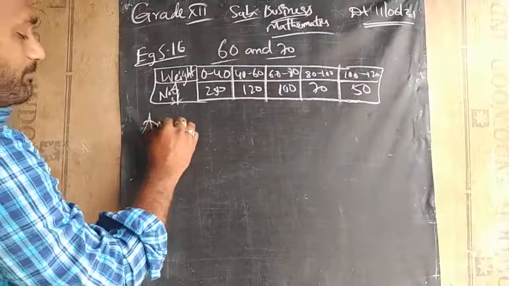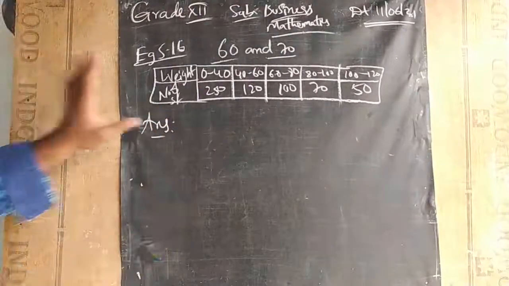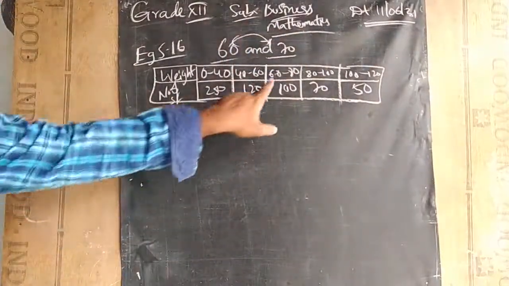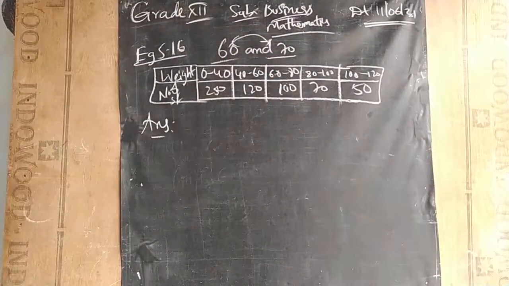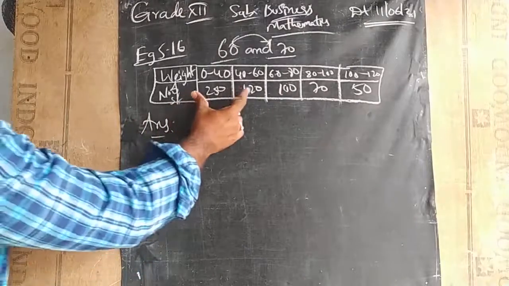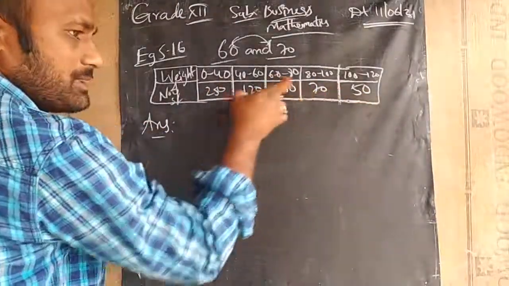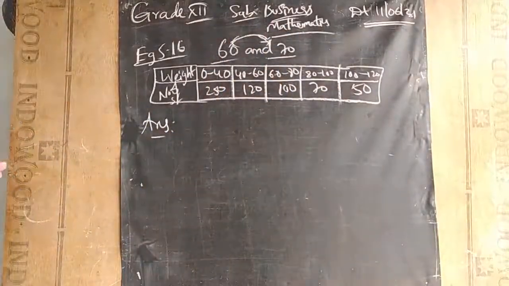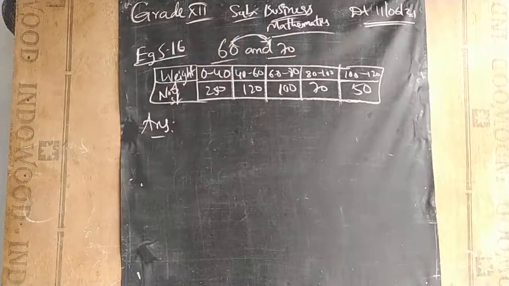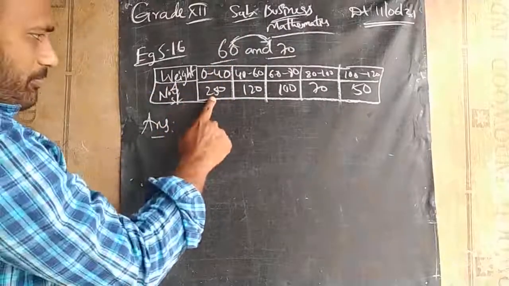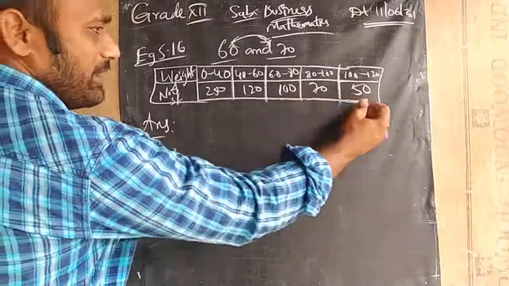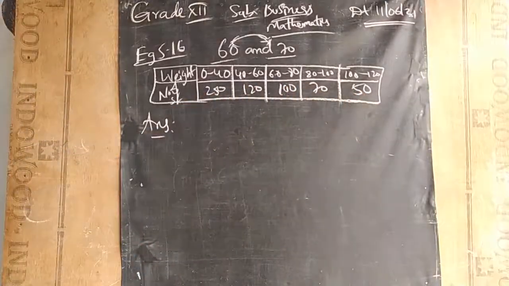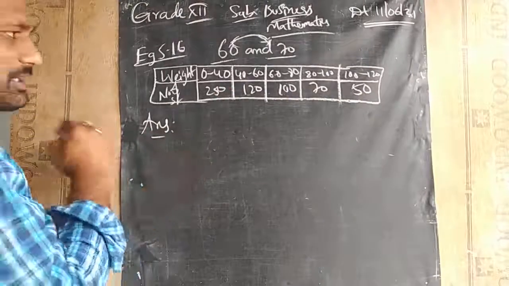See here, in yesterday's class we have seen that, here we need from 60 to 70, right? So 60 to 70 means here it is. If you look from forward also it is having the same two boxes, and from backward also it is having the two boxes. So better we'll do this question using Newton's forward interpolation formula. In this, the frequencies are cumulative frequencies here, 50, 70, 100, 120, 250. So let us change that to cumulative frequencies now.